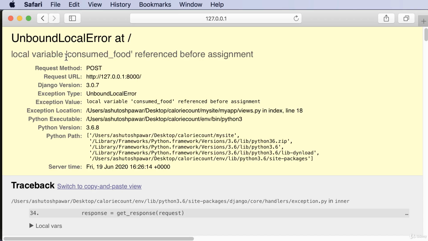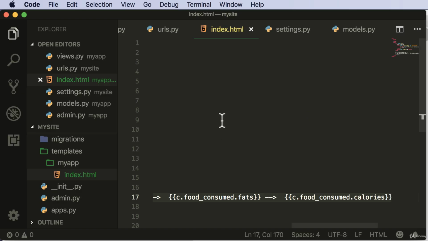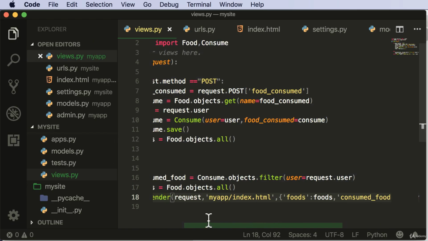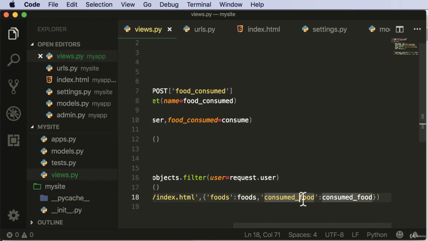So this particular thing says that the local variable which we have used, and the name of the local variable is stated as well. That means we have some issue with the consumed food variable. Now the issue is that Django says that we have used or referenced this variable even before assigning it. And it will also state that this error exception location is the views.py file, and it will even state the line number as well, which is 18. So now if you go back over here, and if you go to views, and if you go to line number 18,